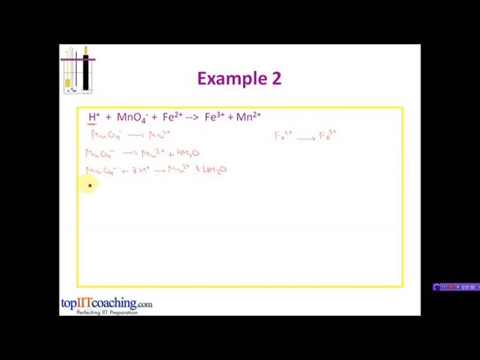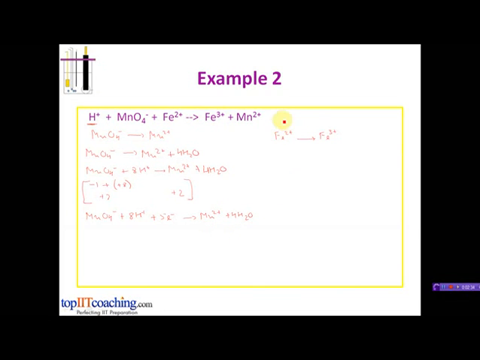The next step is to equalize the charge. The charge on the left hand side is -1 plus 8H plus, that is -1 plus 8, we'll get +7. And on this side the charge is of course +2. So we are going to add 5 electrons to the left hand side to equalize the charge. So the reaction will be MnO4 minus plus 8H plus plus 5 electrons will give Mn2 plus